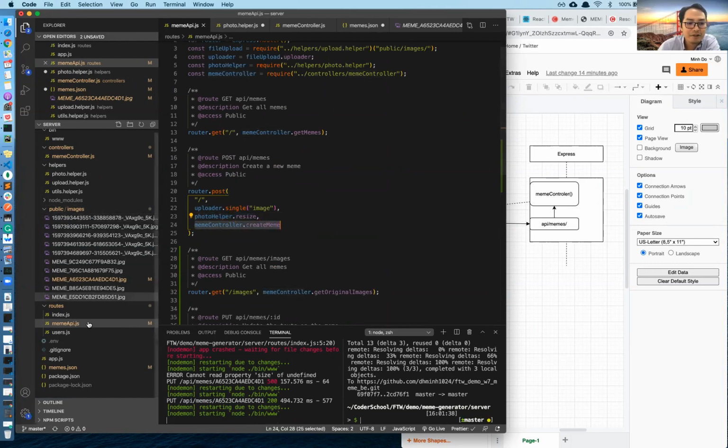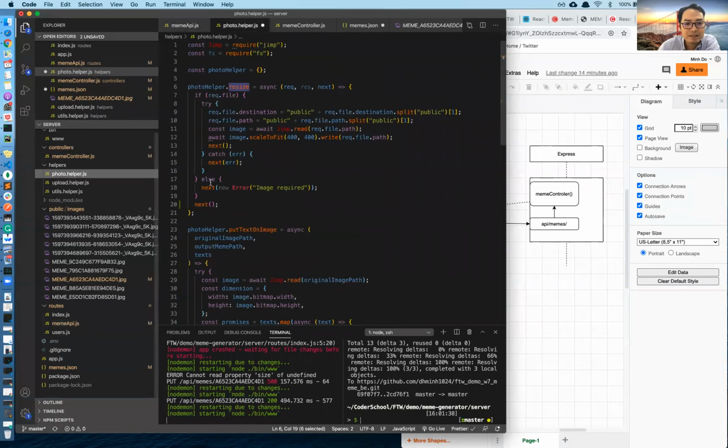And the problem is when I put next here, all of the code here is resizing the image, and when Express JavaScript runs, it will run this code, but also immediately run this code. So first of all, it will run next to jump to the meme controller,